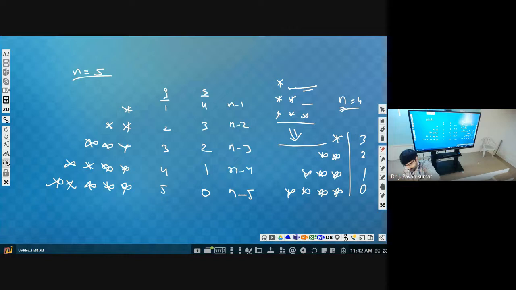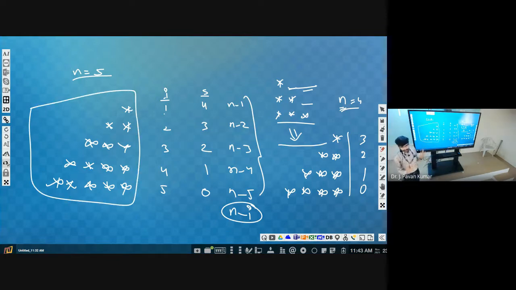If n is 5, it will be 3. If n is 4, it will be 2. If n is 7, it will be 5. In second row. In third row, n minus 3. In ith row, I is the row number, right? In ith row, you can relate here n minus 1, n minus 3. So how can we generalize all these? It will be n minus I. What is this n minus I? N minus I number of spaces.